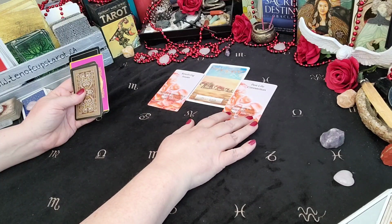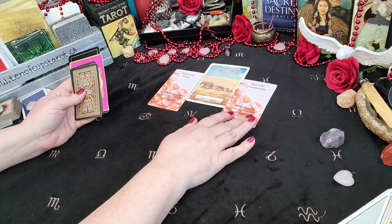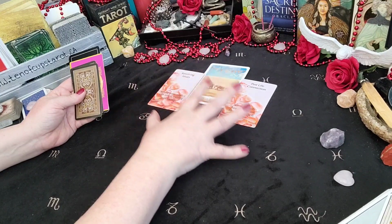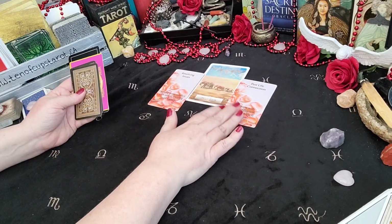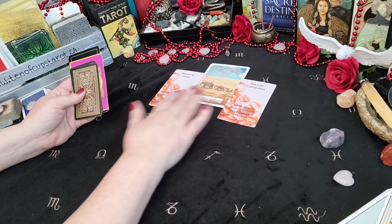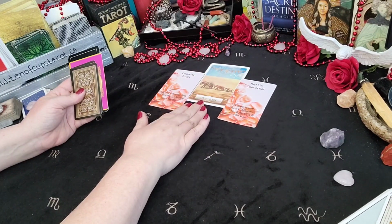So you do have someone in your life that is a past life connection or a deep soul connection of some sort. You feel like you know them. They feel like home. You feel balanced when you're with them. You might not be in love with this person. They could be a best friend. They could be somebody that you know at work. Yeah, but they are someone that you've known for another life, and they give you the feeling of everything's going to be okay. This person might be someone who's very